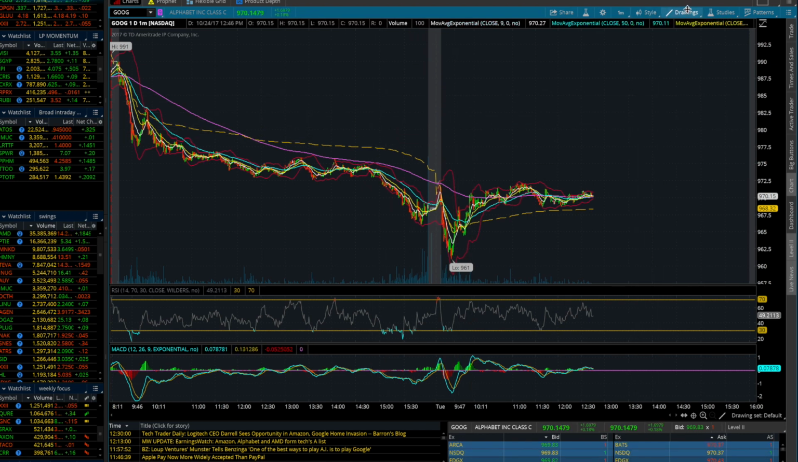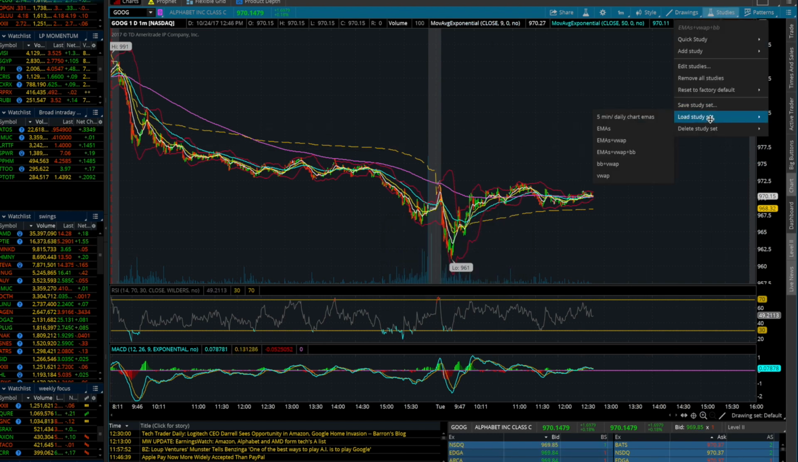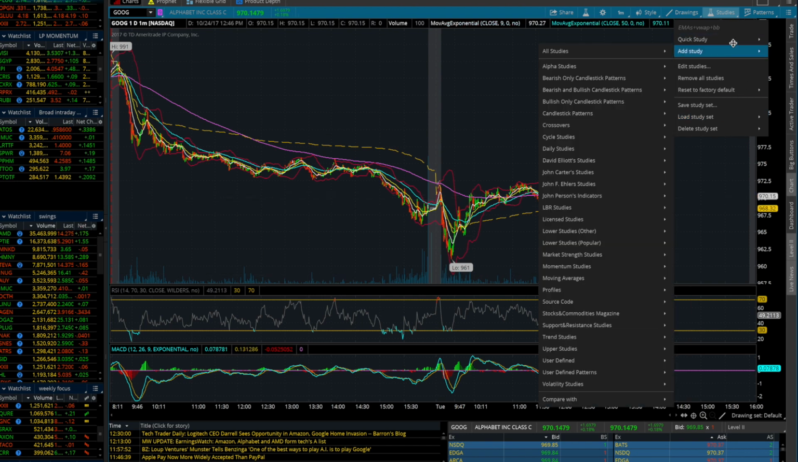For example, to do that, once you have a lot of things on your chart, you can just simply save it by going to Save Study Set, and that'll save all your indicators and your studies, just everything on your chart right now, and you name it. I already have it named, so I won't redo it. And then you can just load it from there. You can also